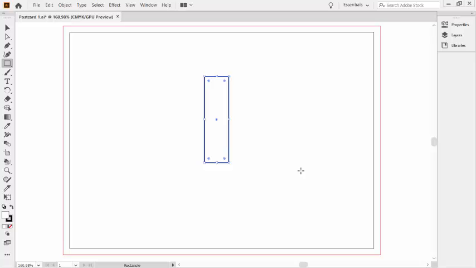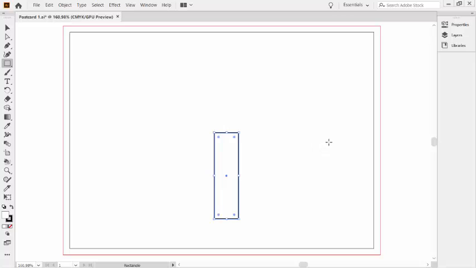And now I'll move the pointer over the small blue dot in the center of the rectangle. And when the pointer changes to a black arrow with a little square by it, that means we can move it around the artboard. And I'll move it towards the bottom of the artboard. Now, with the rectangle still selected,